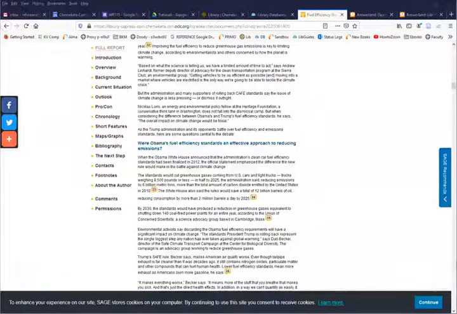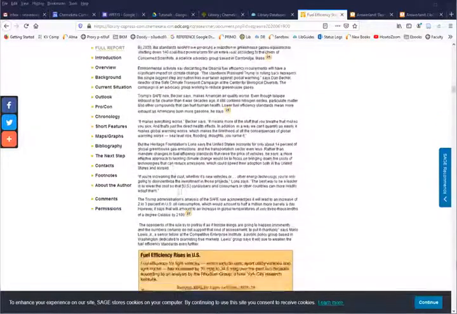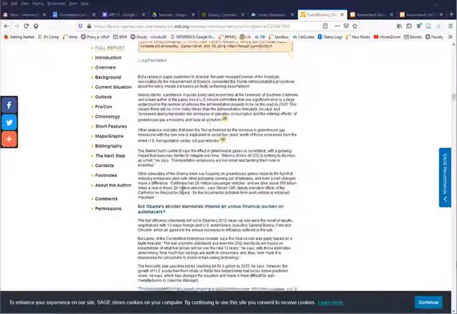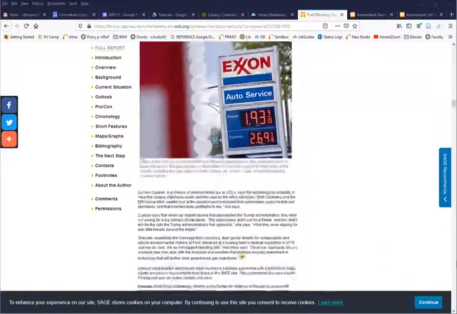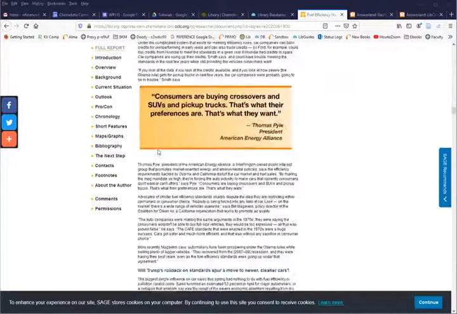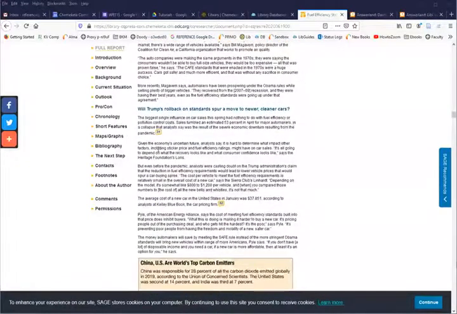And just as before, they will give you background and statistics and information. And then you'll come to another subheading. Did Obama's stricter standards impose an undue financial burden on automakers? So that's another potential topic or way of looking at this topic that you could go to. And then, will Trump's rollback on standards spur a move to newer, cleaner cars? So each